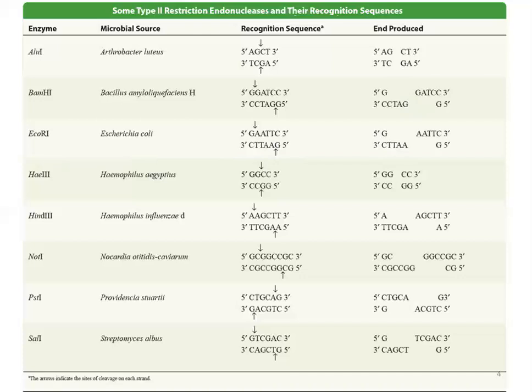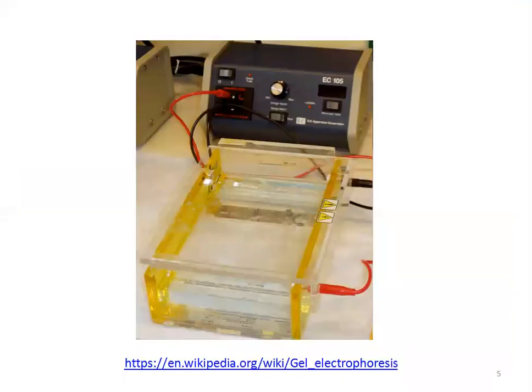So when these blunt-ended or sticky-ended DNA fragments are formed, these fragments can be visualized by using the horizontal gel electrophoresis system. In this procedure, a gel is cast in a horizontal orientation and submerged in running buffer. Here you can see in the tank, the running buffer is present, which is mostly the TAE buffer within the gel box. And there is an electric supply that moves the DNA on the basis of charge to mass ratio.